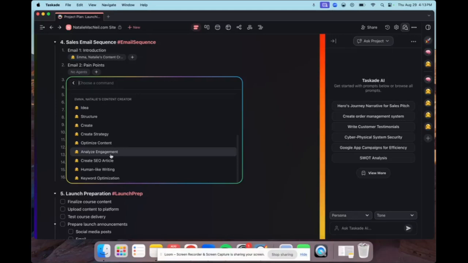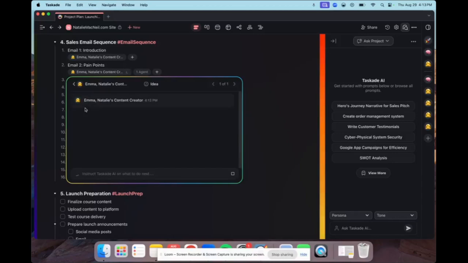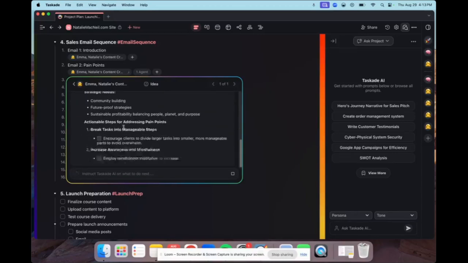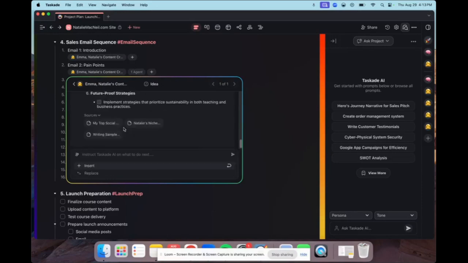So, because we're writing emails here, what I would first want is probably an idea or structure. So, I'm going to assign email number 2 to Emma to give me an idea. And then Emma can come back with ideas for that particular email.